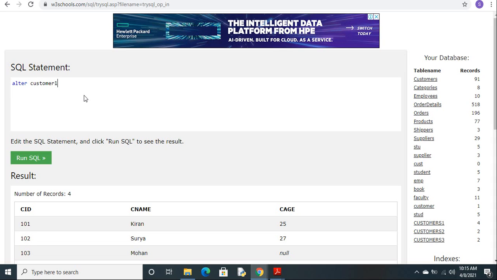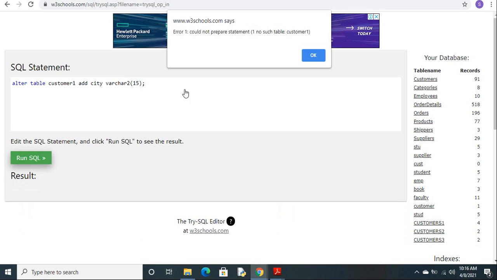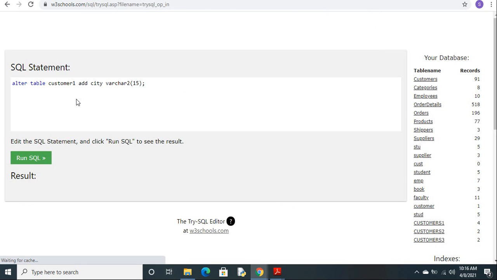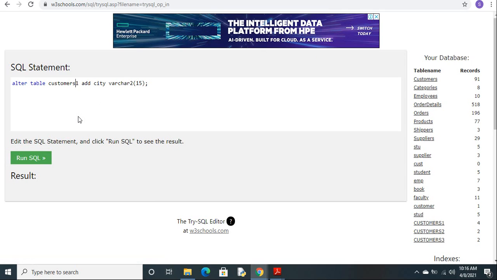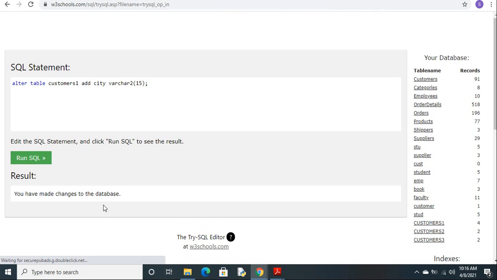Alter table, table name, add city varchar2 of 15. Customer1. So changes are done.